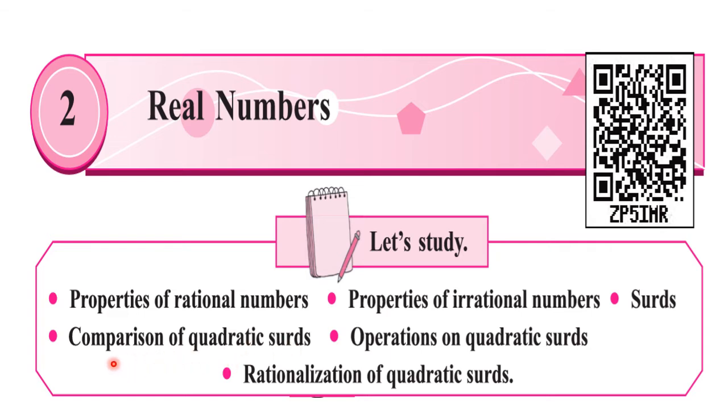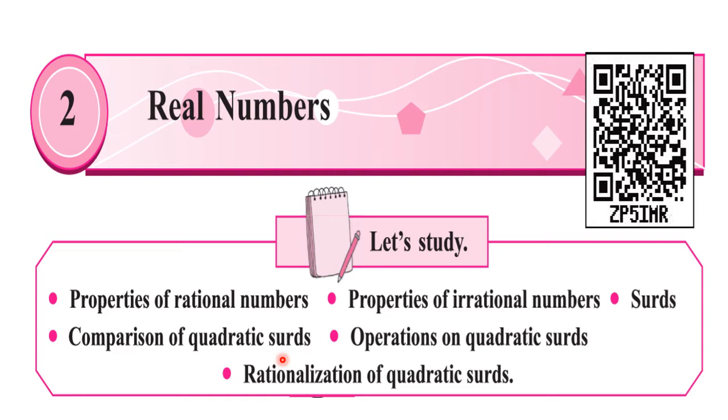I told you in the beginning only that we are going to study only quadratic surds. That means surds with order 2. We are not going to study the surds of higher orders. In the previous syllabus the surds with higher orders were there, but afterwards that particular part is removed from the syllabus and the things are made easier for you. So you are going to study only quadratic surds.